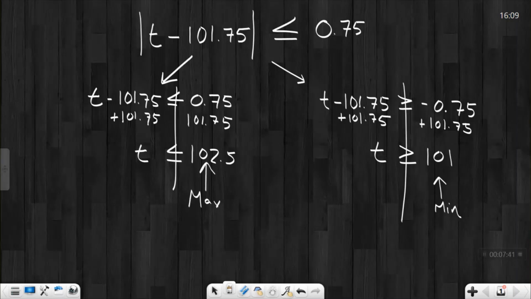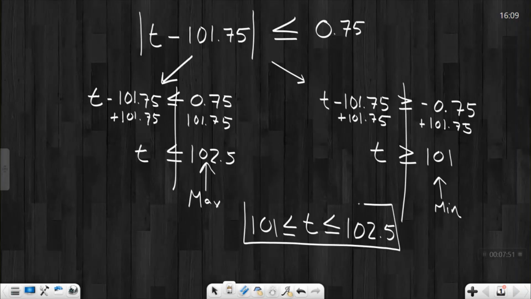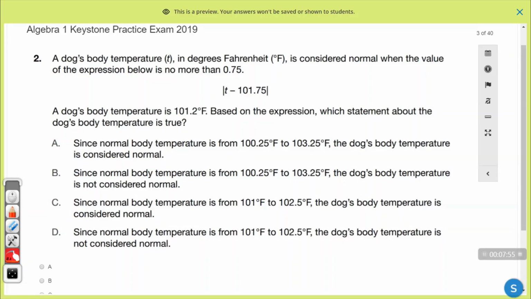And so I could rewrite this compound inequality as 101 is less than or equal to T, which is less than or equal to 102.5. In other words, that's the range in between which our temperature must remain. Let's take a look at our options now. In our options, that option is shown here and here, making A and B